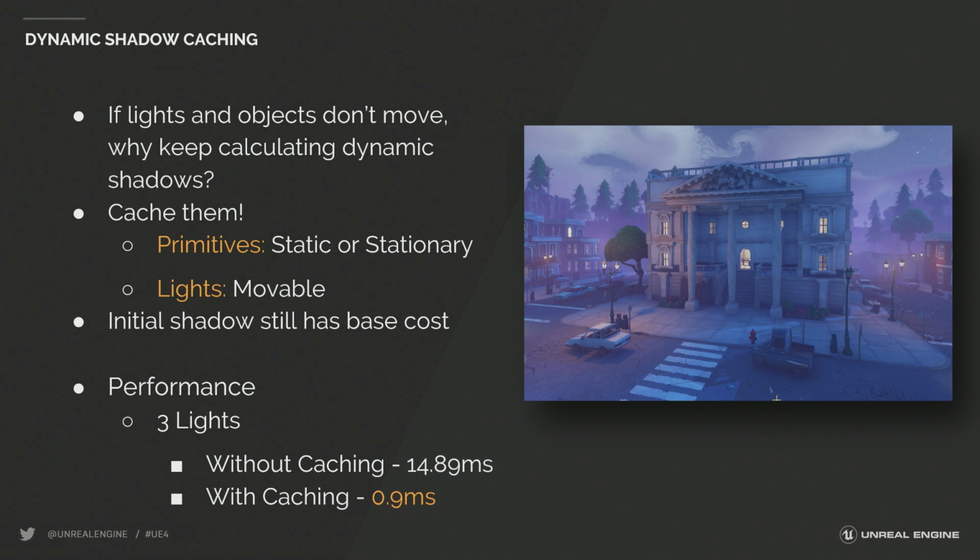You should note, though, that, well, first off, this is free. You don't have to set anything up. It just automatically works as long as your dynamic light and the dynamic object it's affecting are not moving. But also, you're going to incur full cost on that first shadow cast while you cache that up. So at that point, as long as nothing moves, you're fine. Until something changes, then it writes another cache.